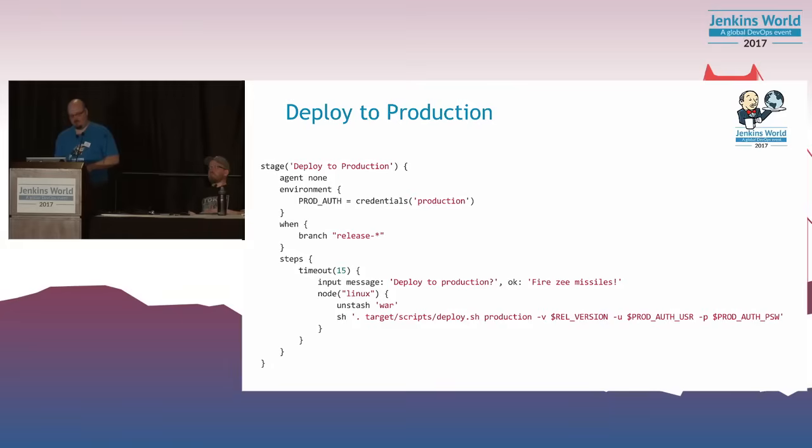And that will actually pause the pipeline where it is and wait for human input. No resources will be used. We haven't declared to run on an agent, which means that we're actually safe here. We can pause safely and just wait. And then once we have an, okay, fire the missiles, that's when we allocate a node on the Linux label,